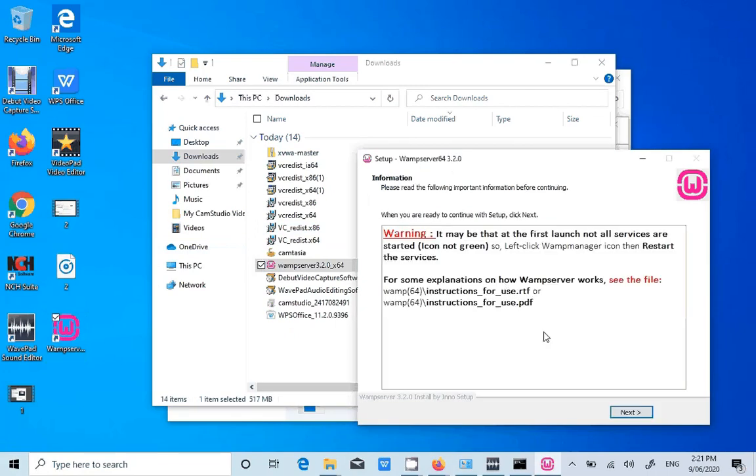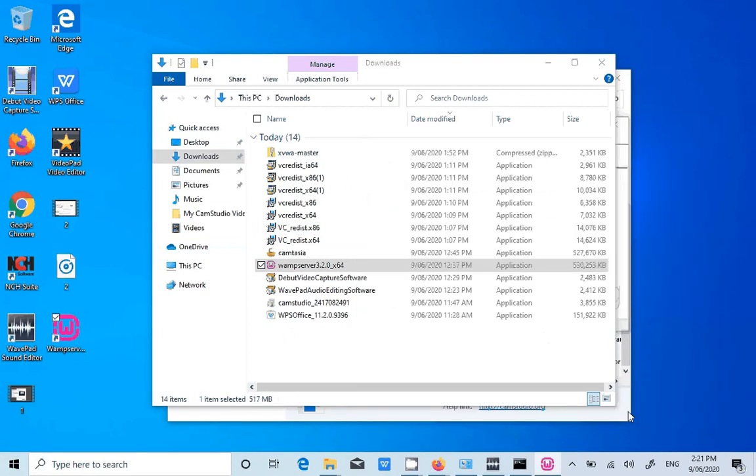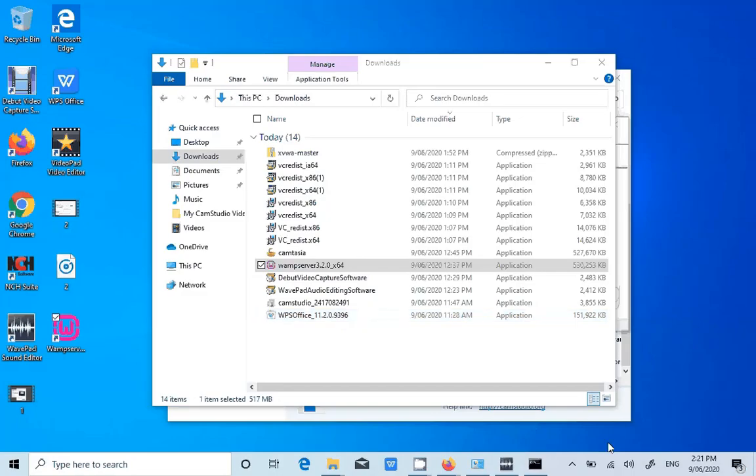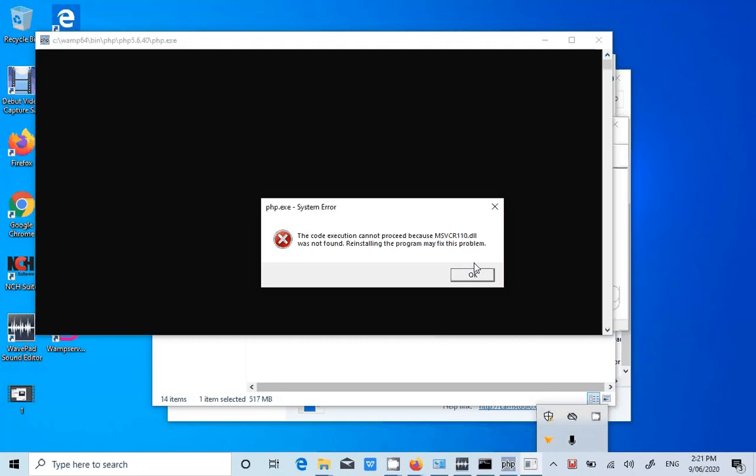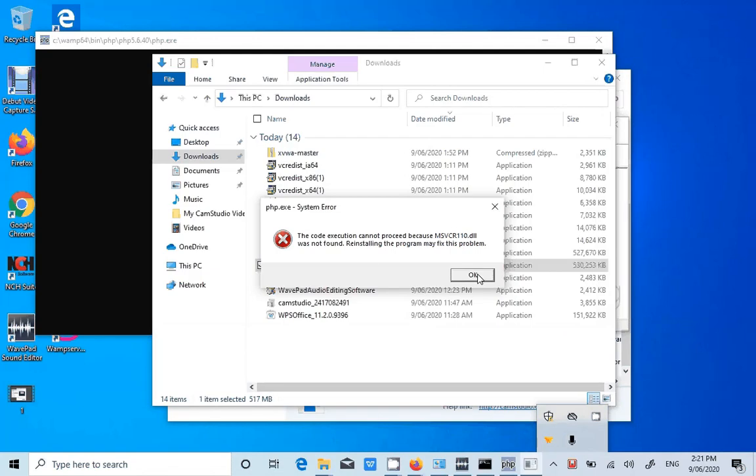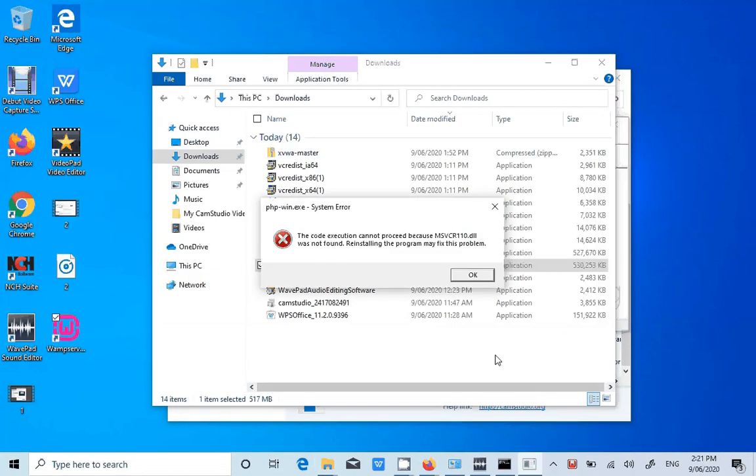Ignore the warning. Just double click on this shortcut icon. We got some msvcr110.dll error. Ignore that, guys.